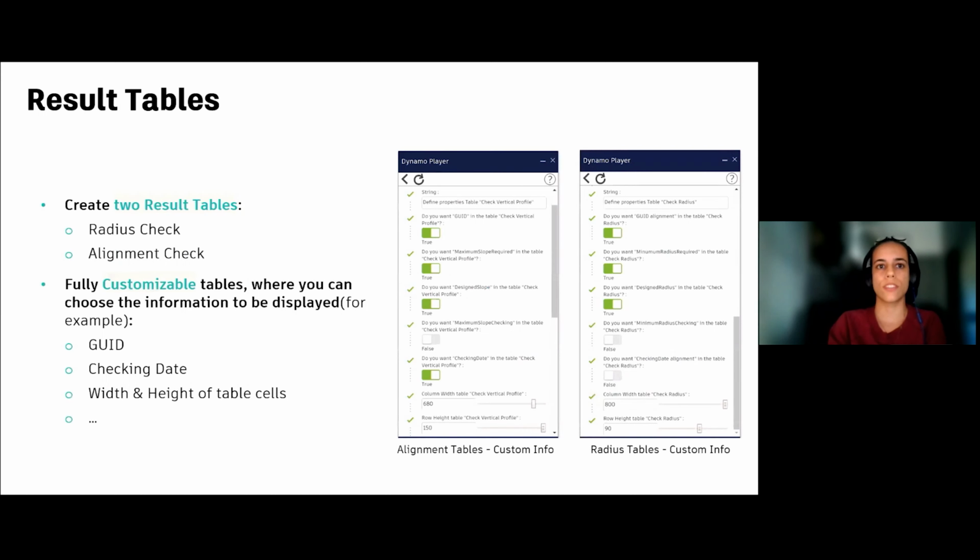So for this first part, inserting the check-in table in Civil 3D, we use another Dynamo script, which allows us to customize and select all the information, the properties, that we want to insert in the table, so the columns. They can select, for example, the grid, the check-in date, the width of the cells of the table, or the fail or the good result, and so on. So like the other, go on, Cristiano.